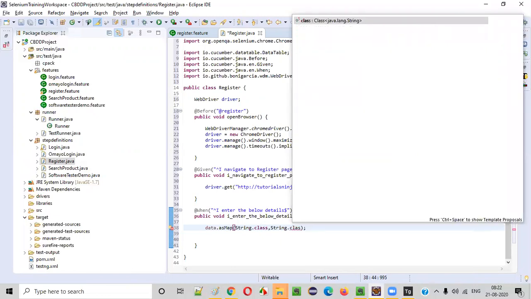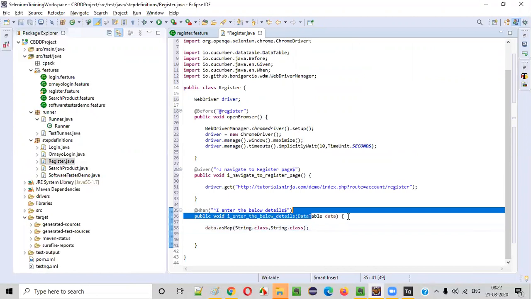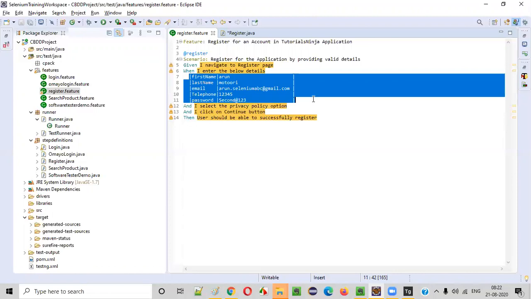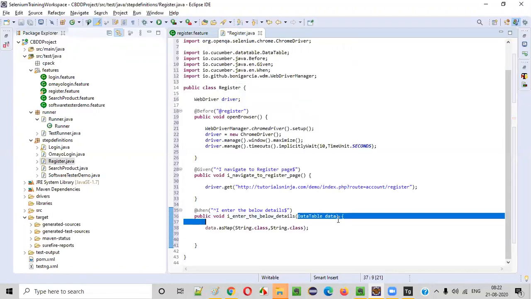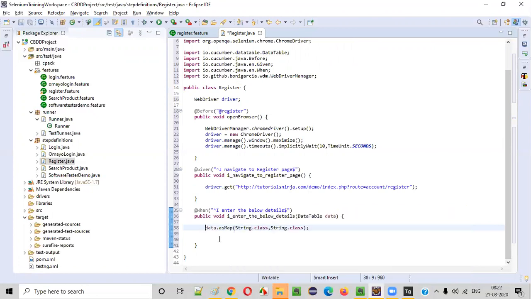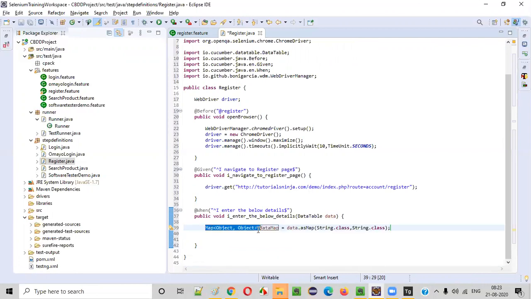I'm not going to explain the hash map concept here. You already know it as part of Java concepts, I explained this. I'm just converting this data table into a map. So you'll receive all this as a data table into this particular step, and you are converting those things into a map. So this will return a map. Data map, I will say, is equal to, hover the mouse, create local variable. Map of object it's saying, so you can say String, but it's saying Object, so String you'll say. See what will happen. Yeah, things are good.